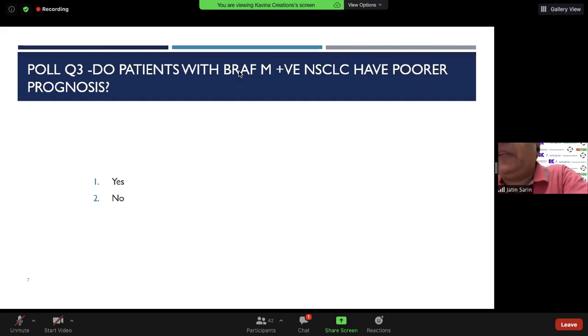I think we all agree on this, and Dr. Ulhas very elegantly showed that BRAF mutation positive NSCLC has a poorer prognosis. In the very first slide, he showed what further improves the survival of BRAF positive disease, because in both first line as well as second line, the PFS of BRAF mutated non-small cell lung cancer is very poor. Rather, it is just 2.8 to 3 months in second line. Next slide.